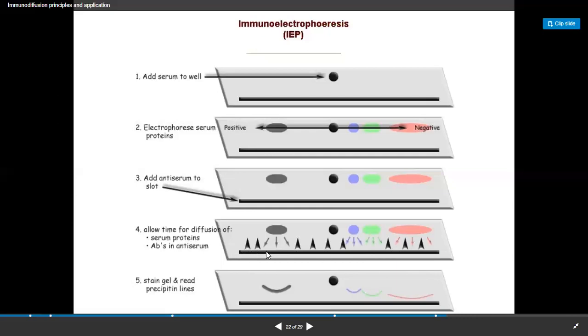Now the antiserum that we have added will diffuse from the cut area and migrate towards the agar surface, and it will diffuse into the gel. After diffusion, it will form a precipitation when it finds a particular antigen specific to it.